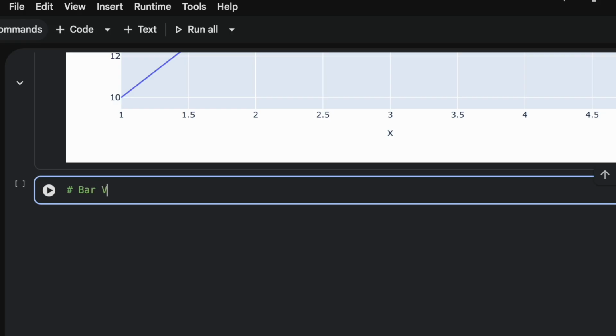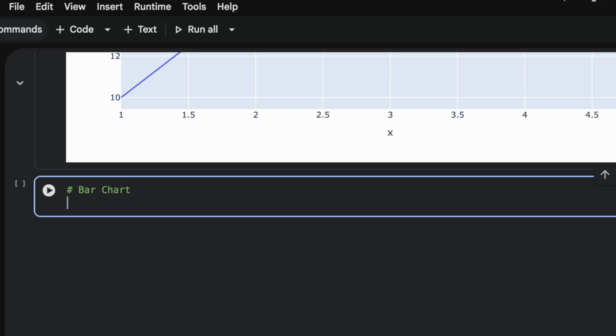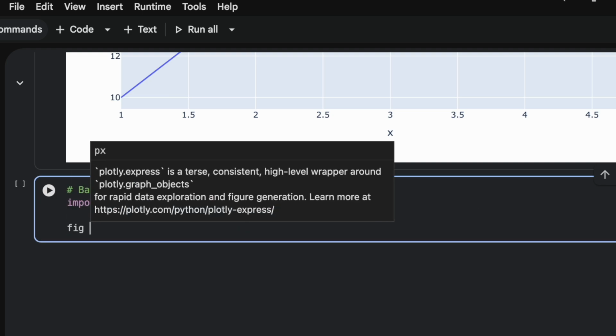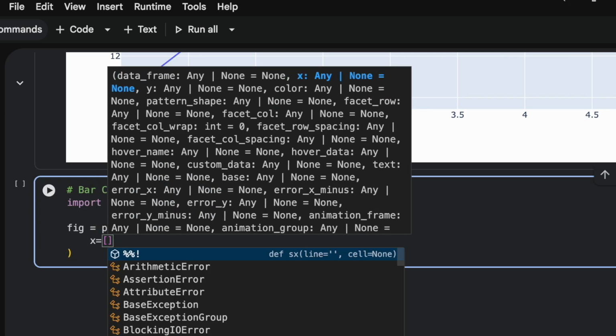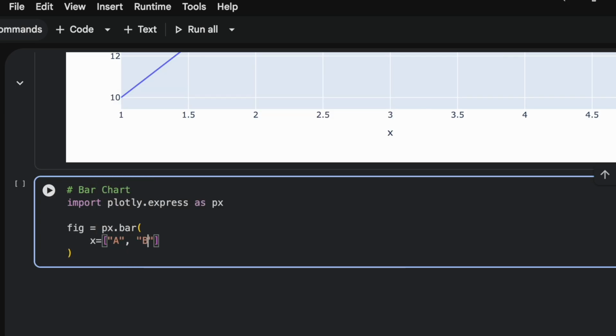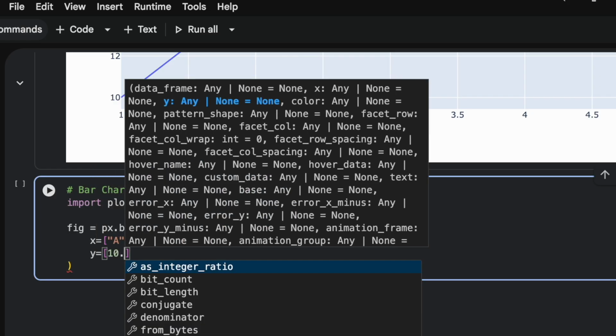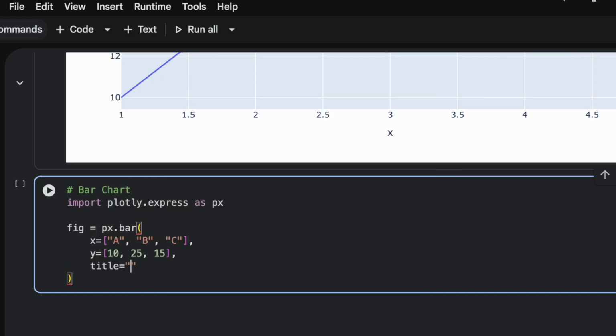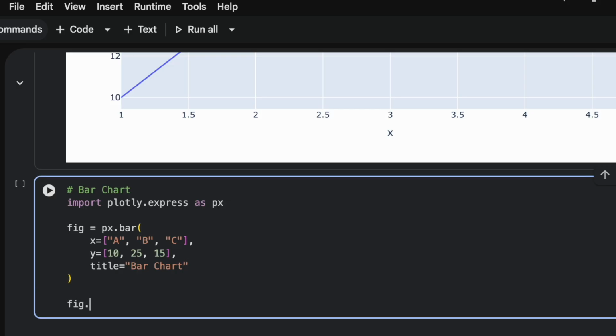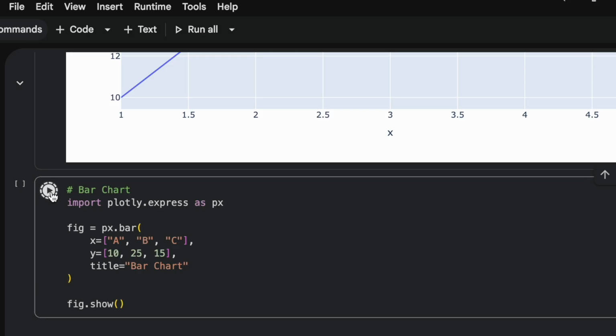A bar chart is created using Plotly Express by importing the library px and using the px.bar function. In this example, the x-axis contains categorical values, A, B, C, and the y-axis contains numerical values, 10, 25, 15. Each category is represented by a separate bar, and the height of each bar shows its corresponding value. This makes it easy to compare the values across different categories. The chart is given the title "bar chart" to describe the visualization, and finally fig.show is used to display